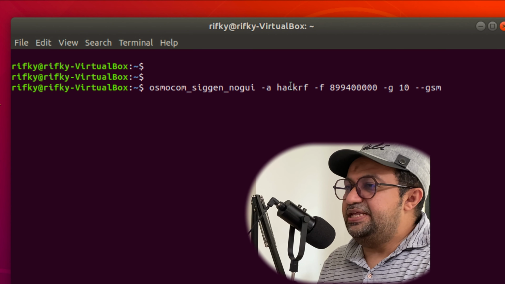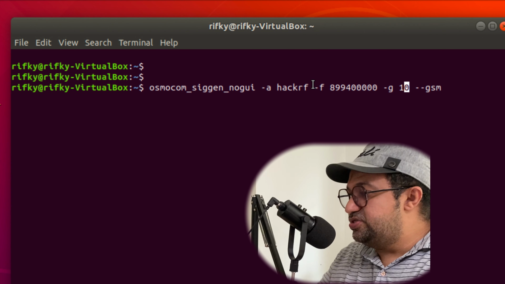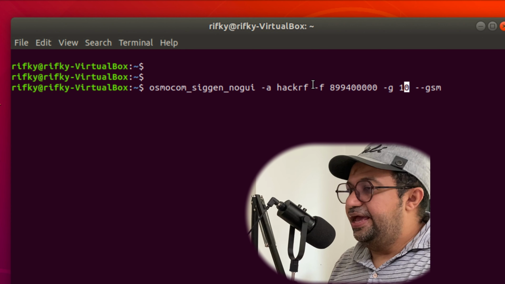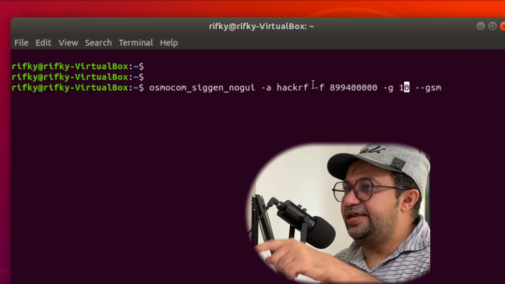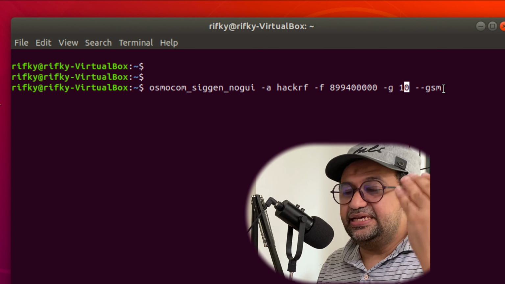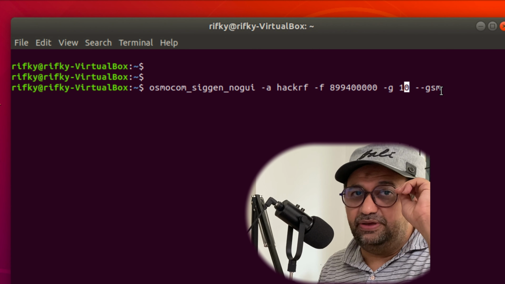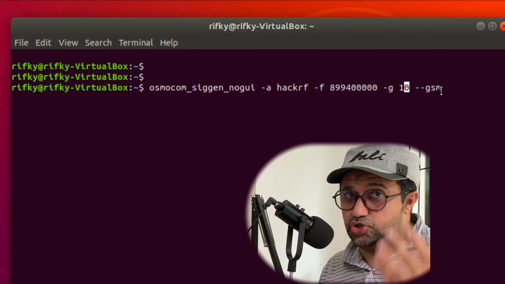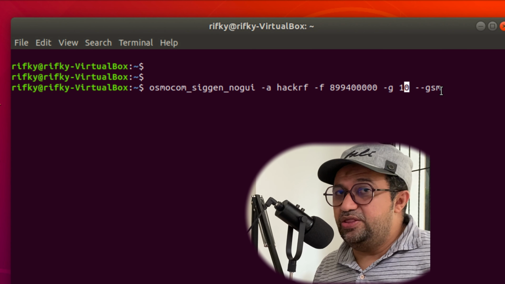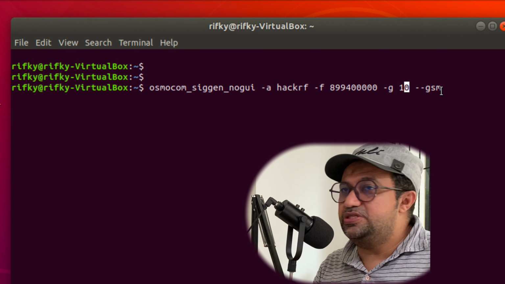And I tell this to HackRF, because I'm using the HackRF that I already showed you, with gain 10 first. And GSM is the signal we want to transmit, because it can also use a Gaussian wave, GSM wave, or sinusoid wave. But today I'm going to use the GSM wave.